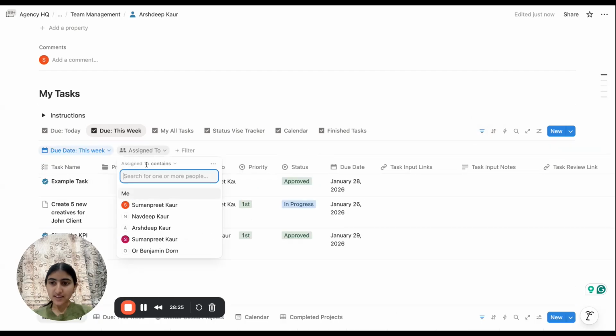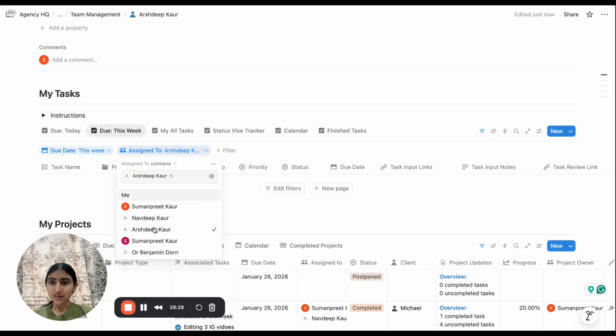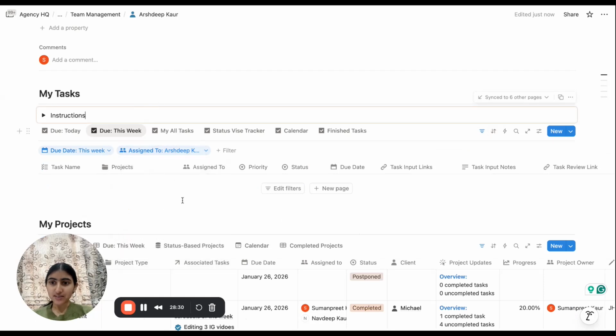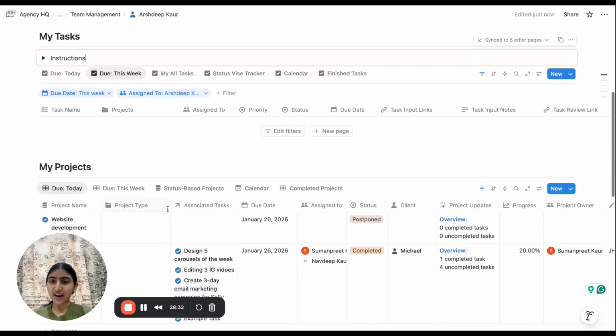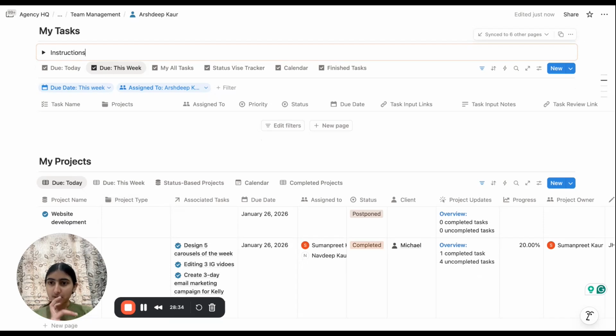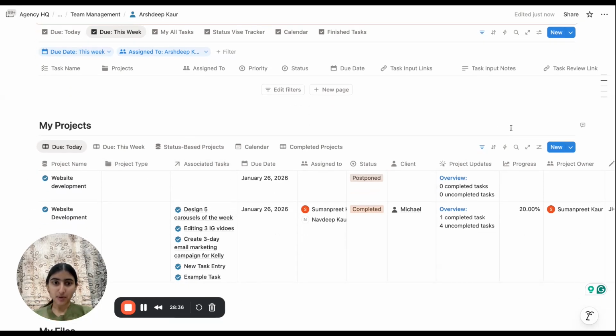That's it. Just apply the filter and it will showcase the tasks, projects, files, and SOPs of that particular team member only.